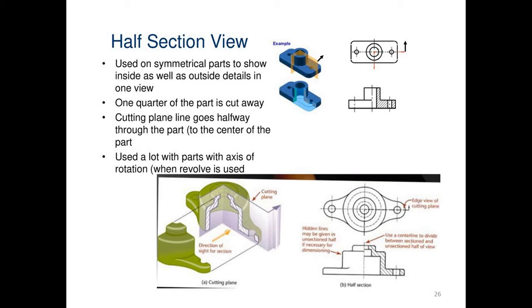If we are not taking a half section view, then it is required to draw various views for clear understanding, so that all views must be clear in one section. So for clear indication of the component, that is, for clear indication of the inside as well as outside view, the half section is taken. When we take two cutting planes in the case of a half section view, then 1/4 of the part is cut away.